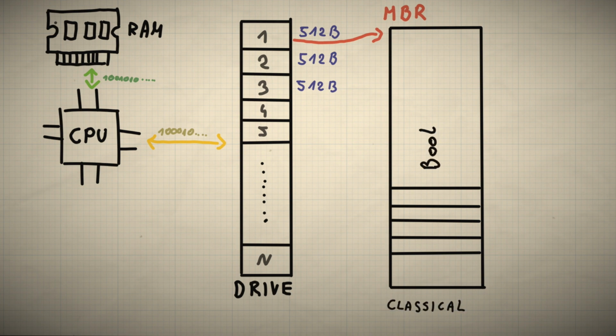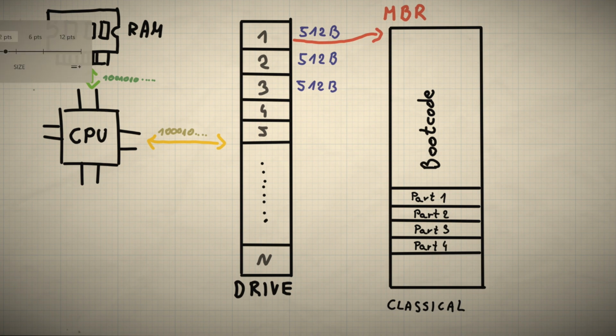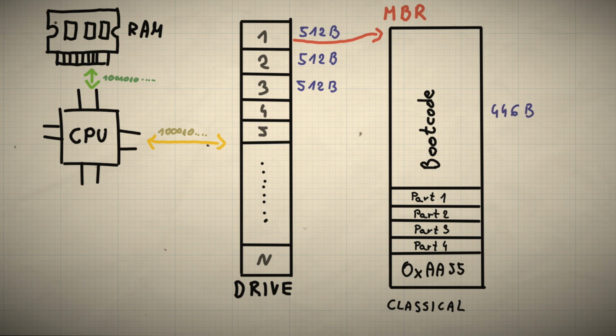In most cases, this code initializes the system and jumps to the next part of the code located elsewhere on the drive. The first part contains the boot code that I just described. It's followed by a partition table with 4 master partition descriptions. And at the end we have a magic number that confirms that we are dealing with an MBR sector. These blocks have a predefined size.